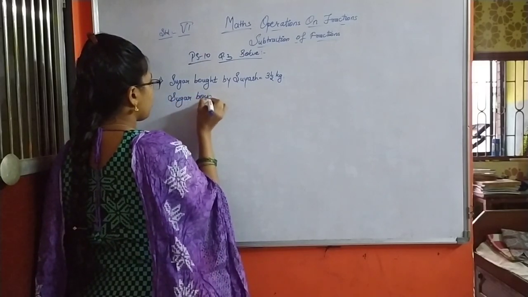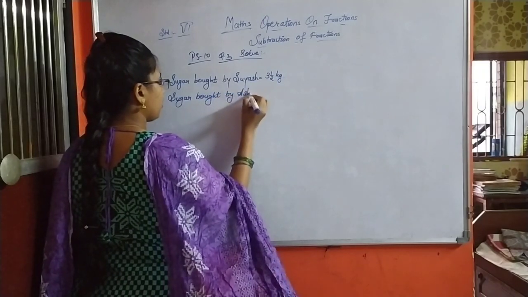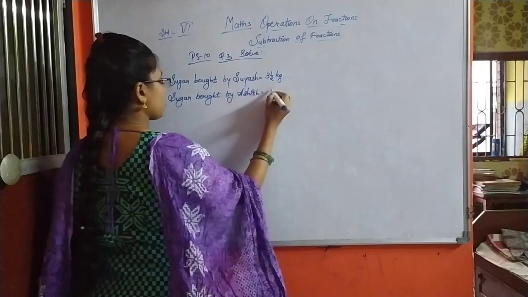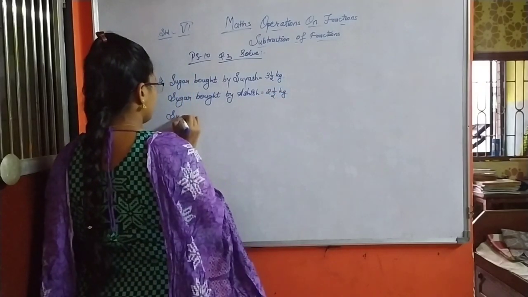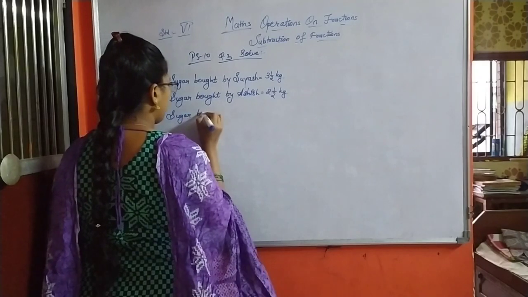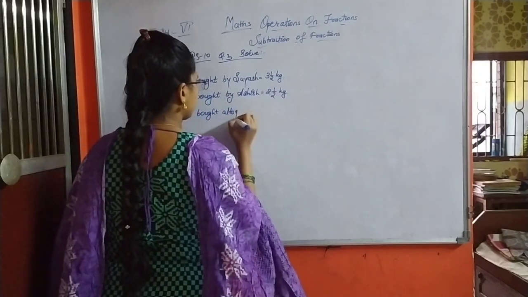Sugar bought by Ashish 2.5 kilogram. Sugar bought all together